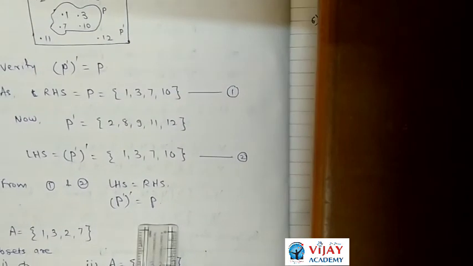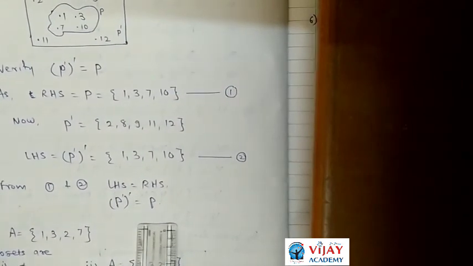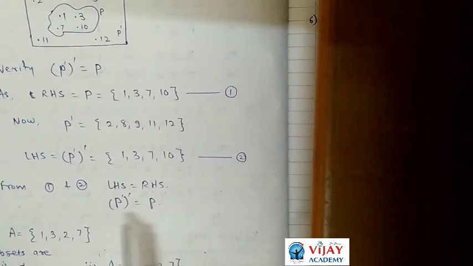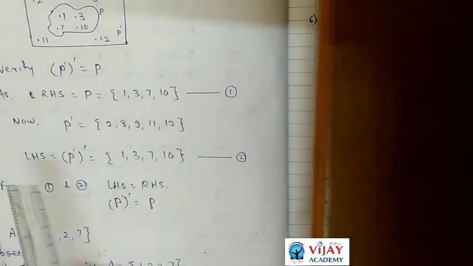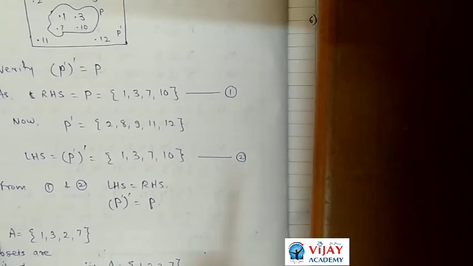You can take simple examples. U is the set of our class. A is the set of girls of our class. The complement of this set is the set of boys, meaning A complement is the set of boys. And if we take its complement again, then the complement of the set of boys is the set of girls. We get the original set. Because A is the set of girls, when you take the complement 2 times, we get the original set. If we take the complement 3 times, we get the remaining set, that is the set of boys.